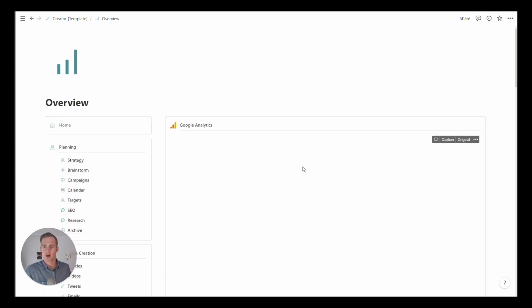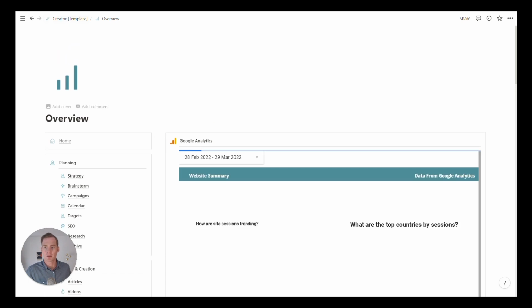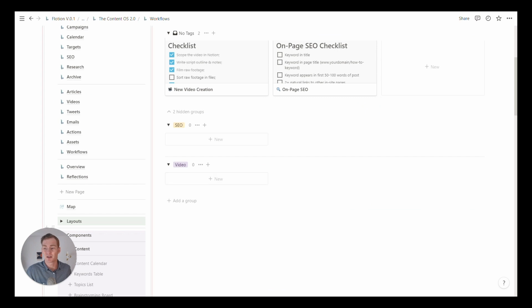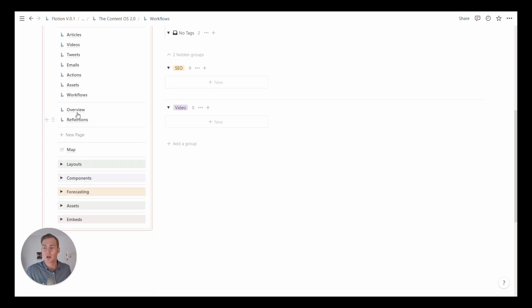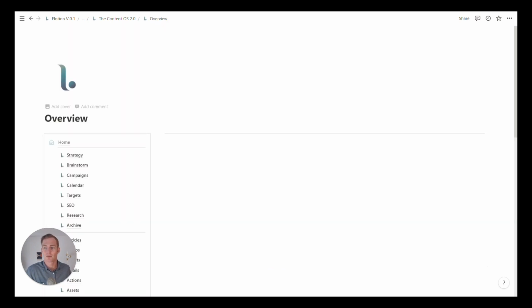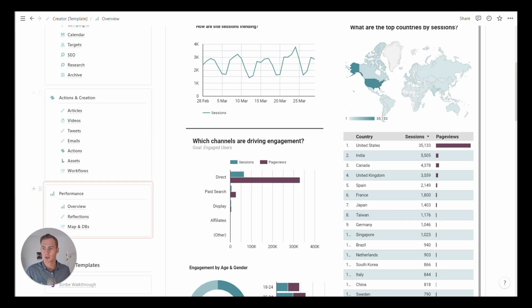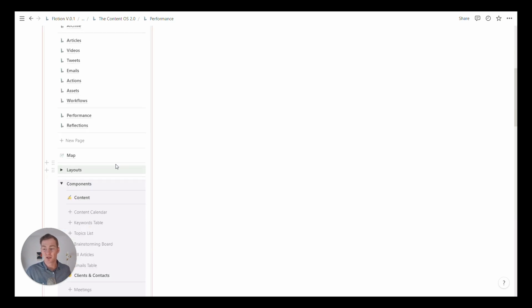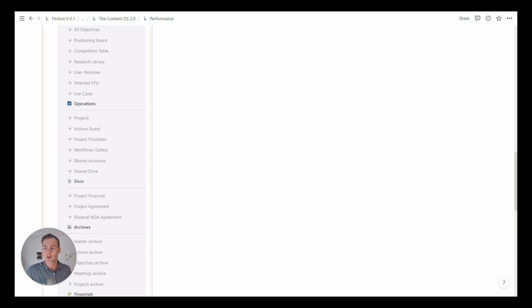So performance overview. So we're in the creator template here, so this is already ready, but this is going to be another easy one to recreate. So I'm going to head over to the overview. We might just call this performance since we don't have those tags or those titles. And there is a component for it, so I can scroll down into,